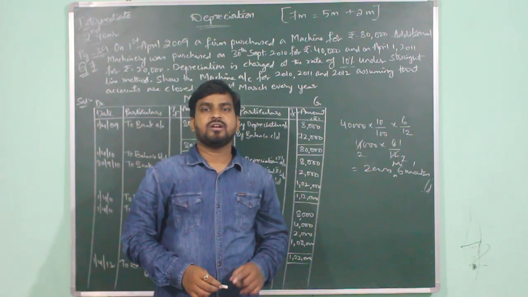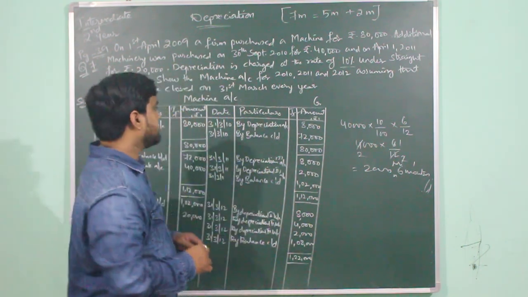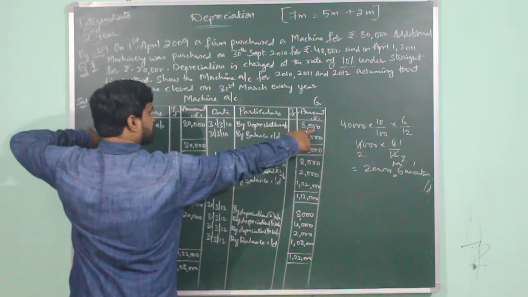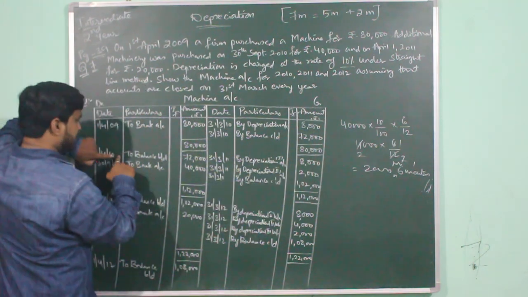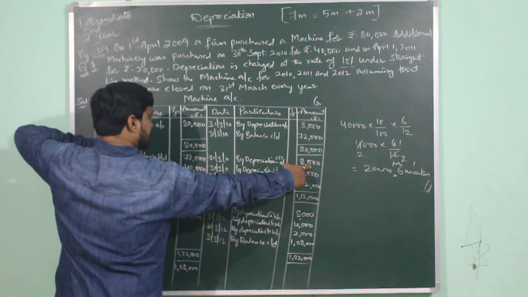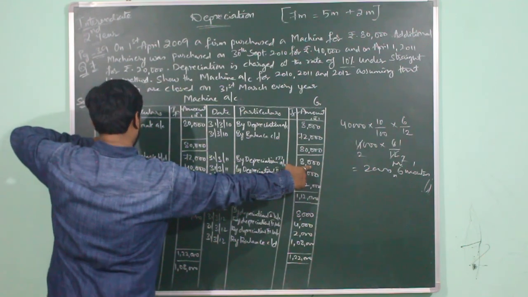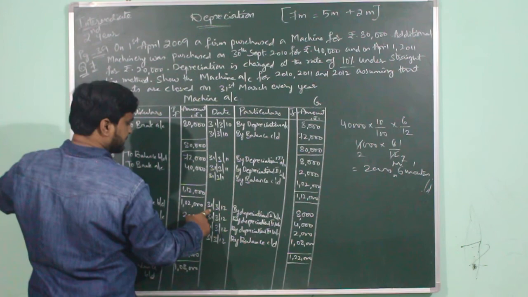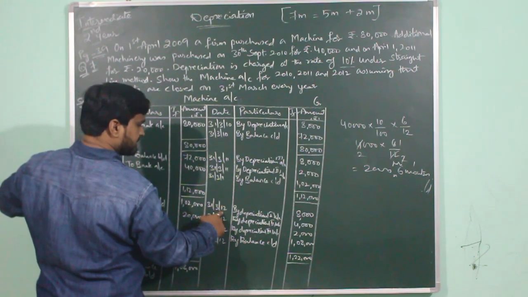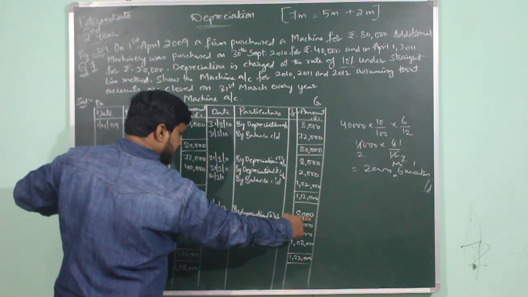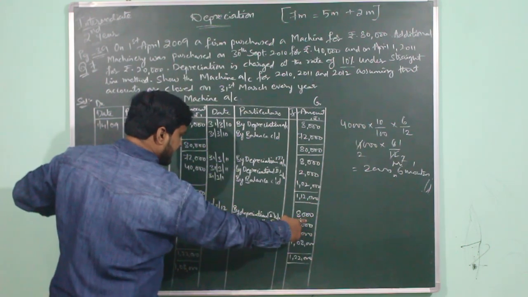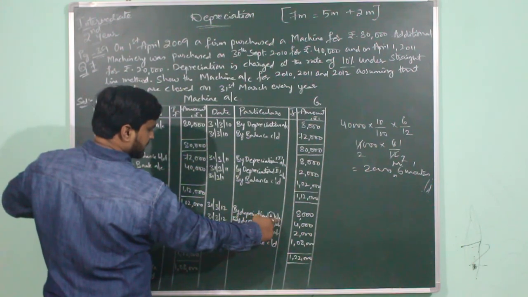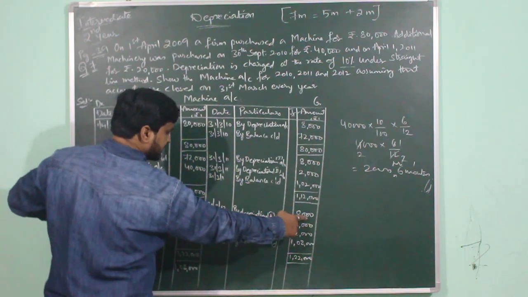It is being used for full 1 year from the year 2009. Here also you used the first machine for the full 1 year, so the depreciation was provided for 8,000. In the second year also the first machine was used for the full 1 year, so the depreciation is provided on first machine for rupees 8,000. In the third year also, from 1st April 2011 you are using the machine till 31st March 2012. So here also the depreciation on first machine will be for 1 full year, which will be 8,000. So it will be recorded on 31st March 2012 as by depreciation account. It means depreciation on first machine, which is 8,000.